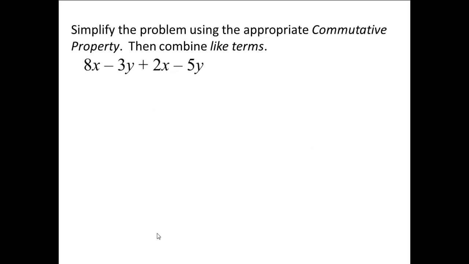Simplify using the appropriate commutative property, then combine like terms. Let's rewrite subtraction as plus a negative. Likewise, minus 5y is plus negative 5y. If we change the order in which these two terms are added, first of all, we don't change the overall value of the expression, but also changing the order of those two terms, we'll put like terms side by side. We'll have 8x plus, here's a commutative property of addition coming into play, 2x plus negative 3y